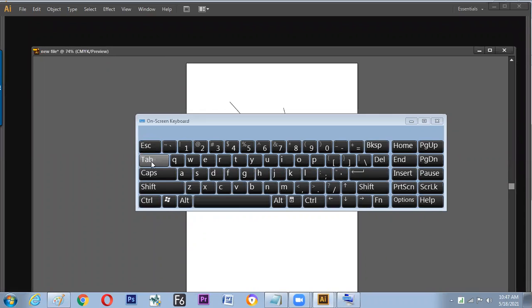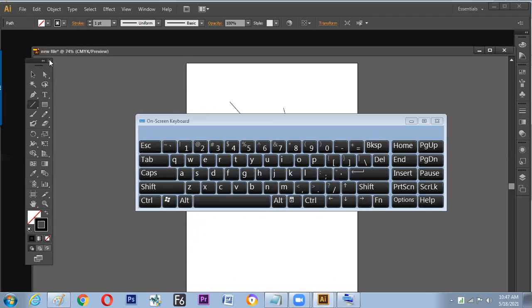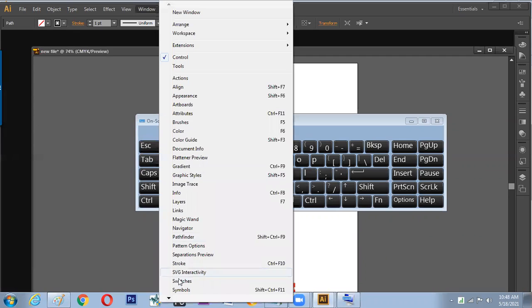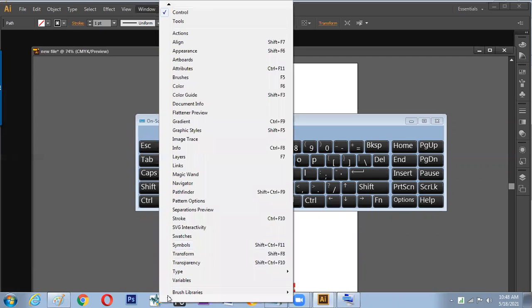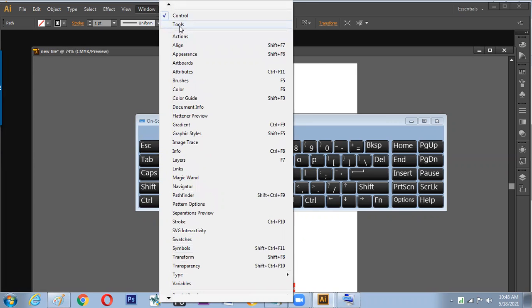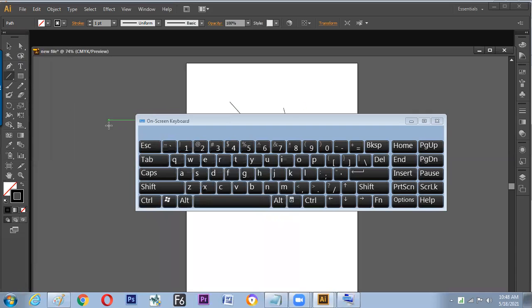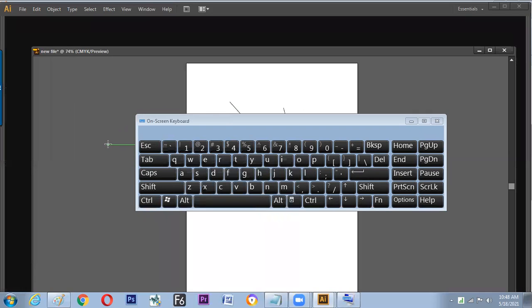So hope we have understood how to hide and show the toolbar within a fraction of a second with the Tab button. Yes, if you close it manually, you can get it open from the Window menu. Go below, or else on the top there is a special category called Control and Toolbar. Turn it on. So hope we have understood now how to hide and show the toolbar, and it can be done through the keyboard shortcut.